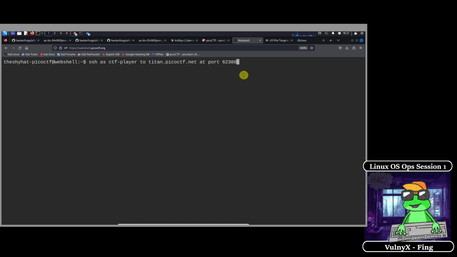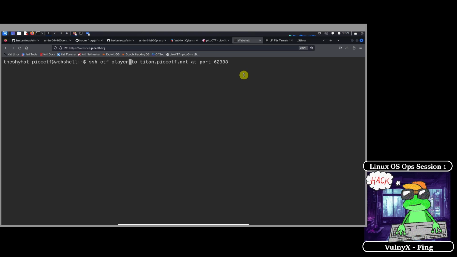So what we need to do now is edit this information over here. We actually have all the information we need to log into the server using SSH. The first thing we need to do is use our arrow keys, the up, down, left, and right arrow keys on your keyboard. Just use your left and right arrow keys to move your cursor all the way back up to SSH. When you arrive here at SSH, you just need to delete the word "as". So press it 3 times, and then you're going to see SSH CTF player.